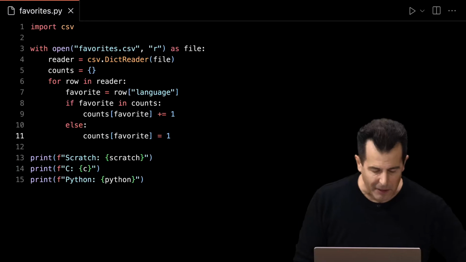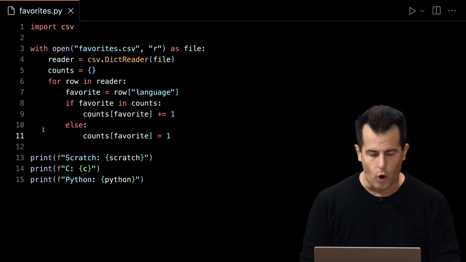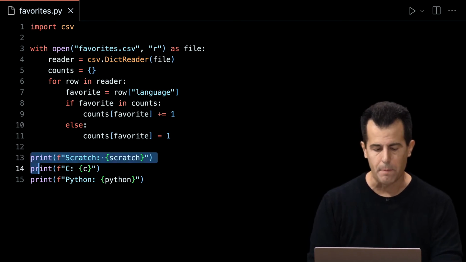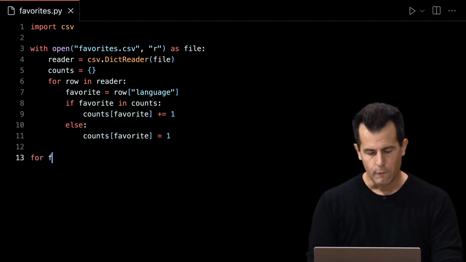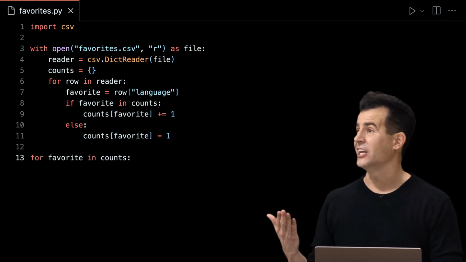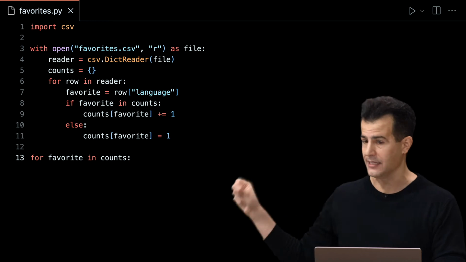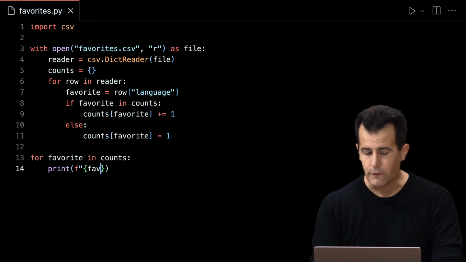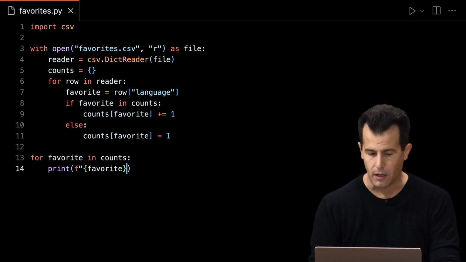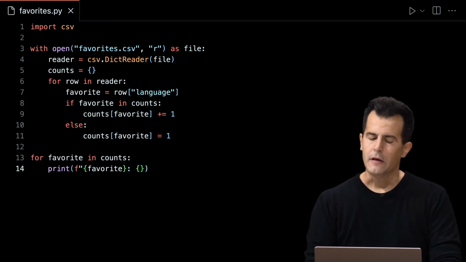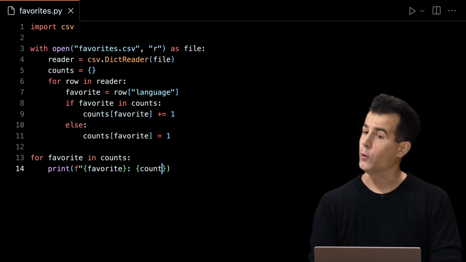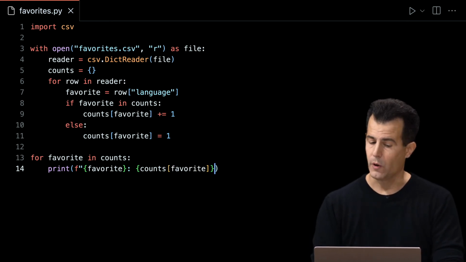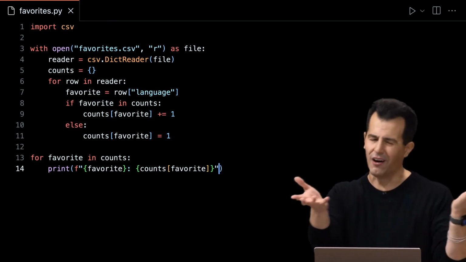And now down here, I just need to tweak my syntax a little bit. I don't need to print out all of these things one at a time manually. I can actually get away, I think, with another loop at the very bottom here. So how about I do this? For each favorite in those counts, and this is, again, the Pythonic way to iterate over all of the keys in a dictionary, go ahead and print out, using an F string, whatever the current favorite is, Scratch or C or Python, and then a colon, and then figure out what its count is. And you can do that by going into the counts dictionary, looking at the favorite key, and get back its value. So I close my curly braces, I close my quotes, and even though this looks ugly at the moment,